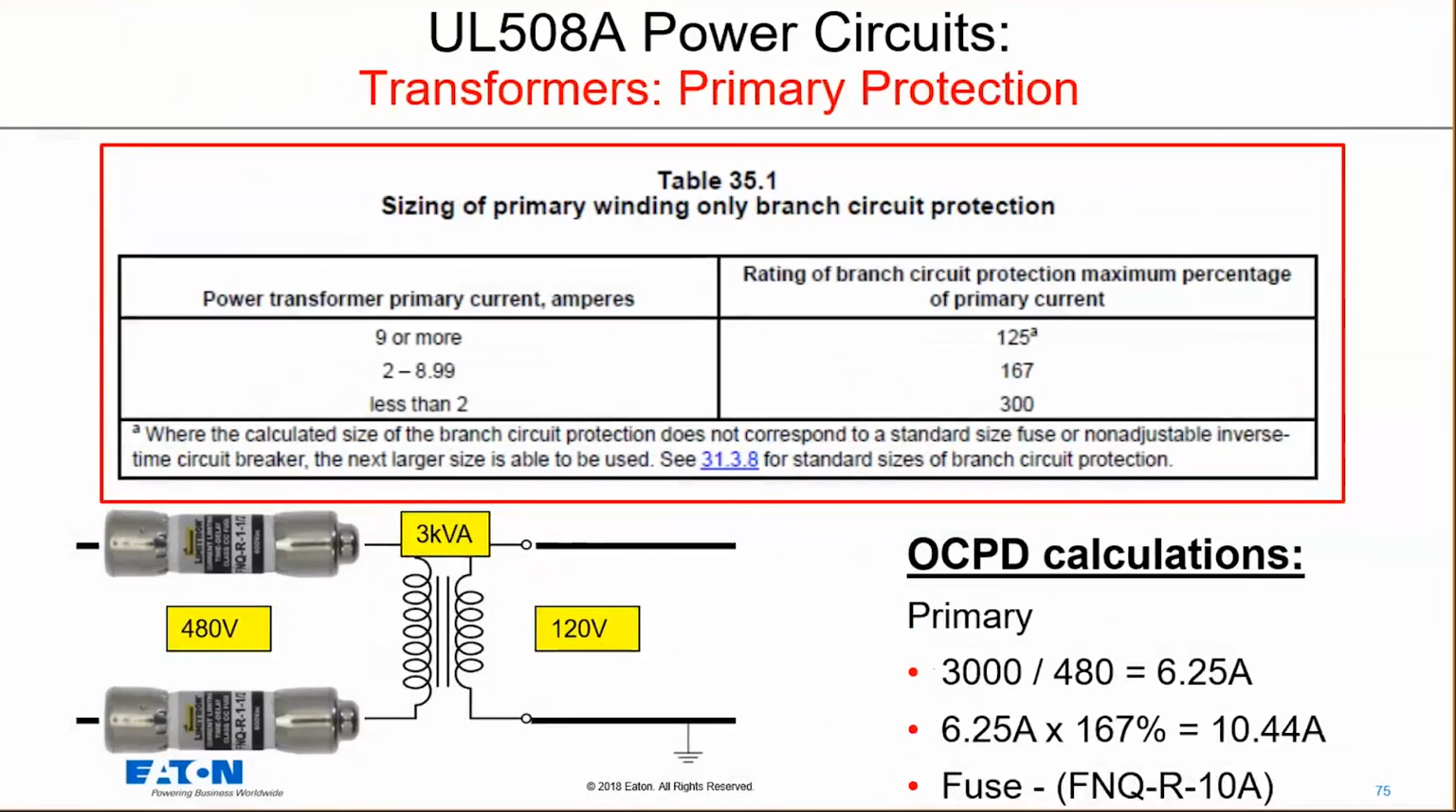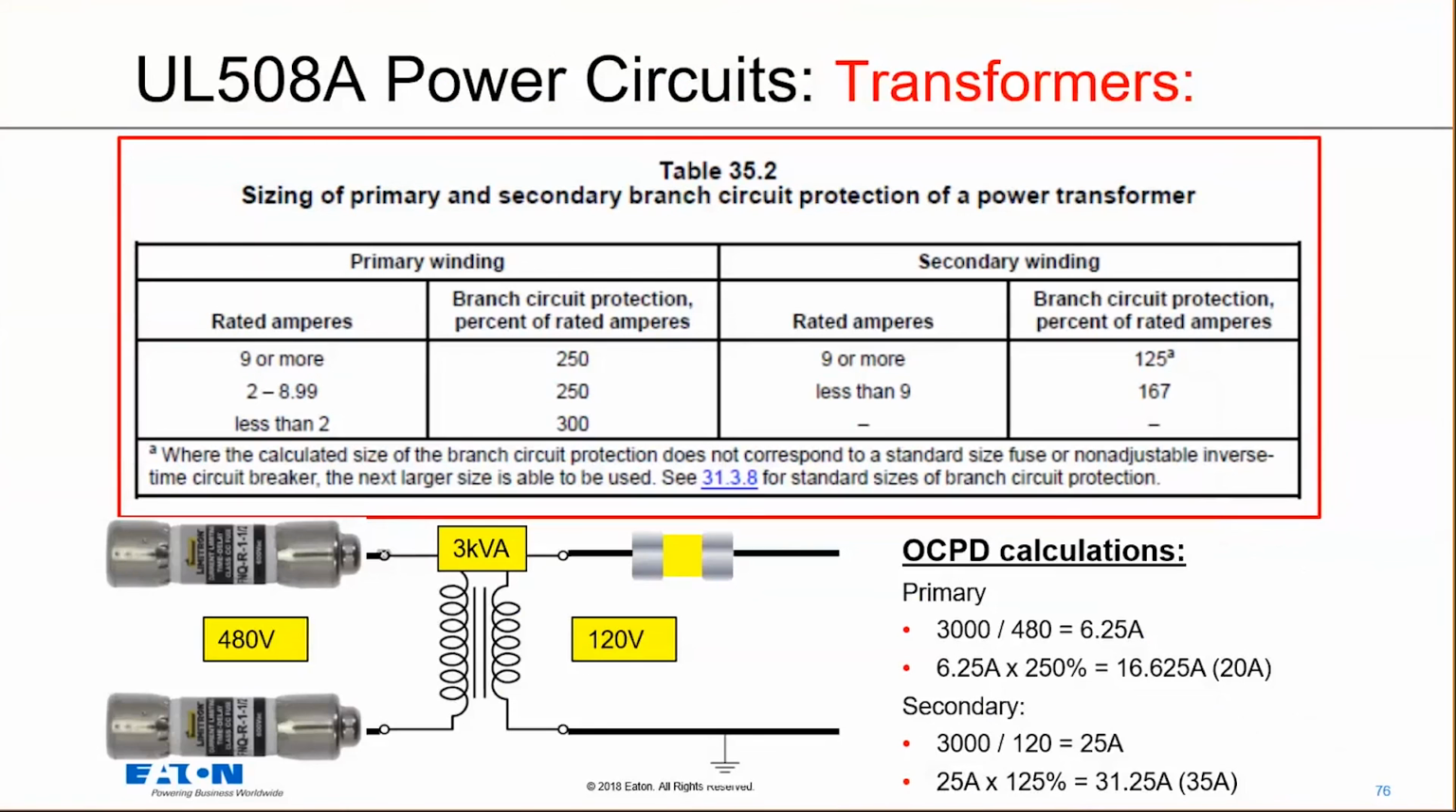If we're sizing for primary and secondary branch circuit protection, now we have a couple of rules in here. On the primary side, we look at that same 3000 VA transformer. Now we have primary and secondary protection, so we can size a little differently. We look at the chart again. Once we do our calculations and come out with 6.25 amps on the primary, we go to that column that says between 2 and 8.99 amps,